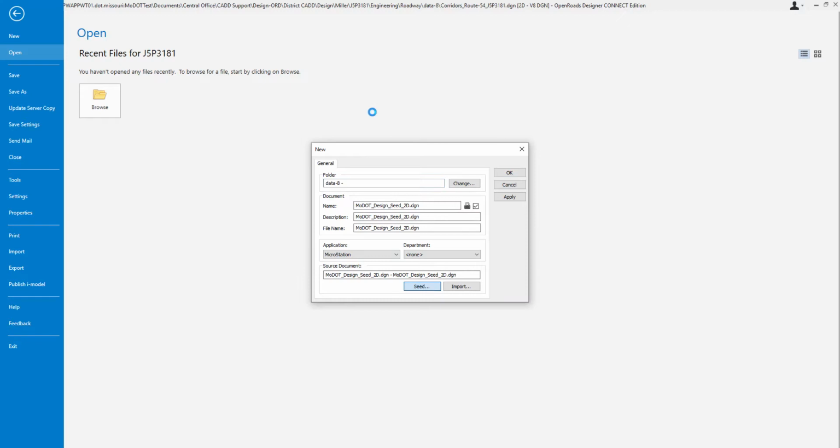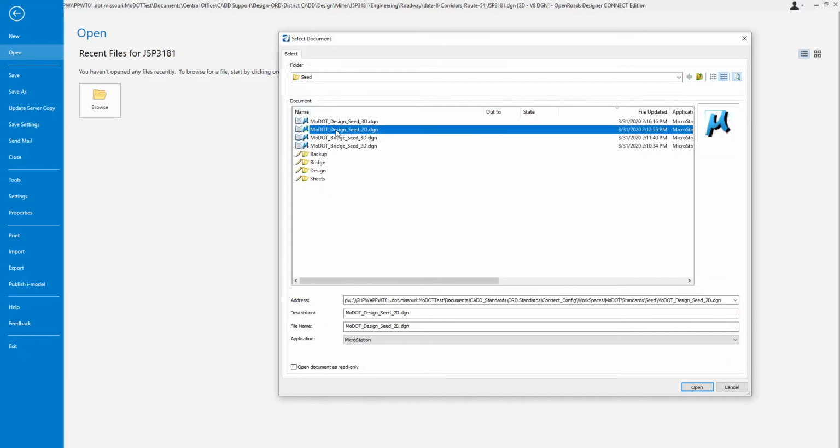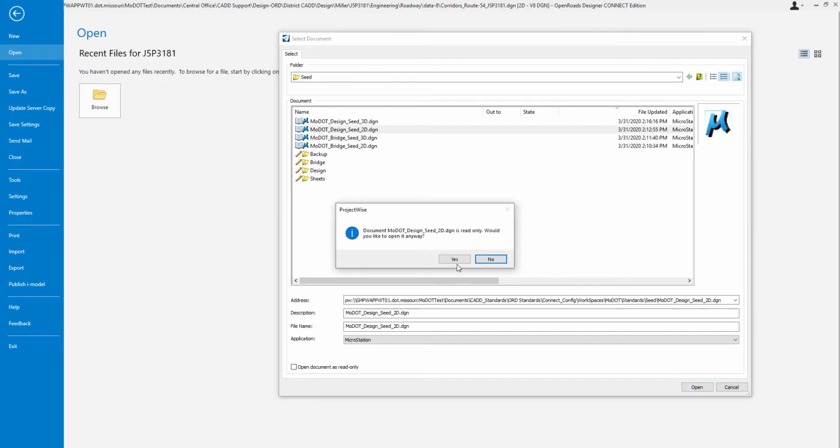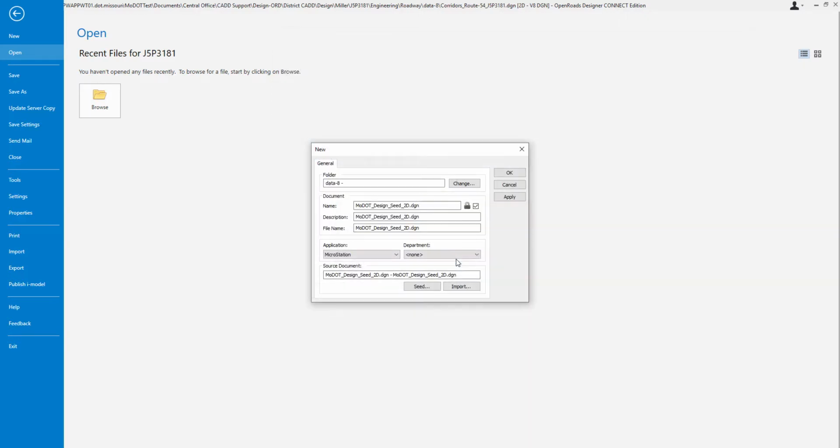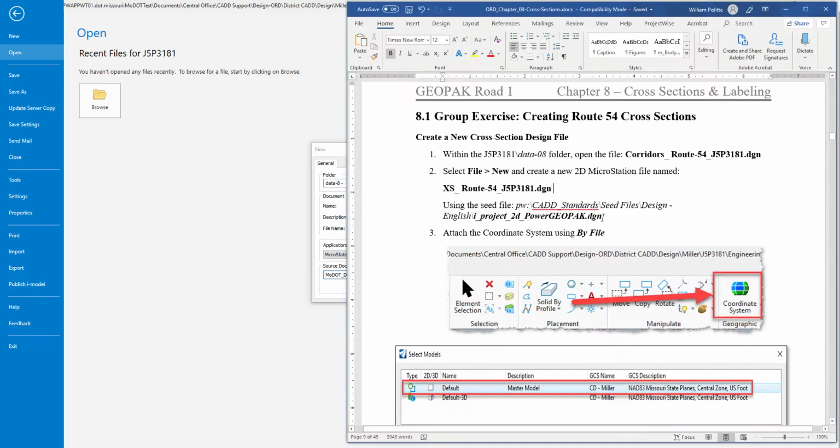We'll go to that seed file, and we want that MoDOT design 2D. So we'll copy that. Yes, it's read-only. We'll accept that. And I want to copy this part right here, bring it back into my manual. Control C, and make this right. And that's good. We'll do that, and I'm going to copy